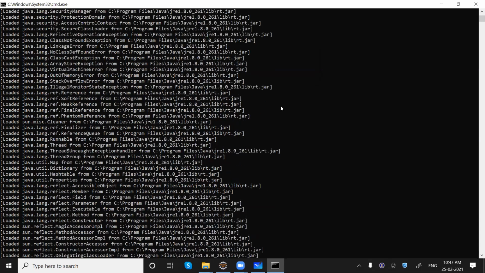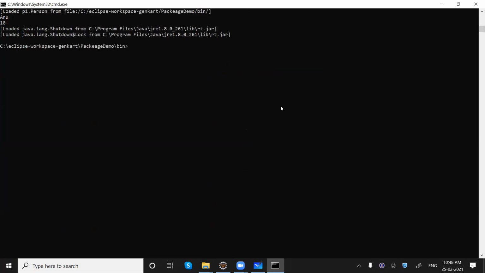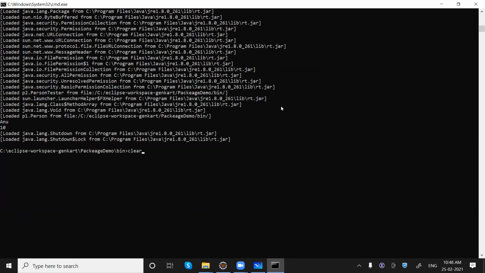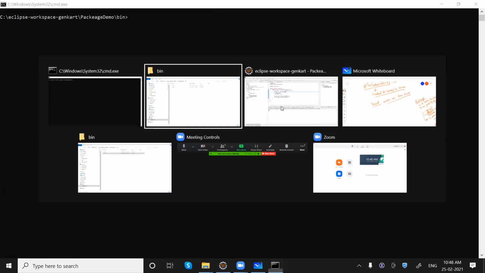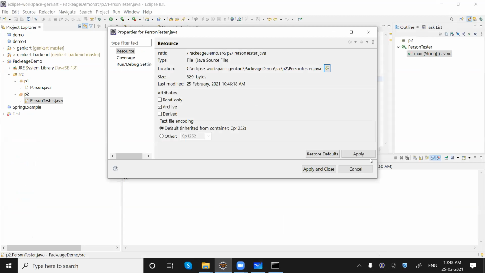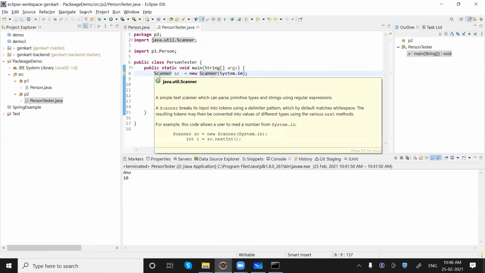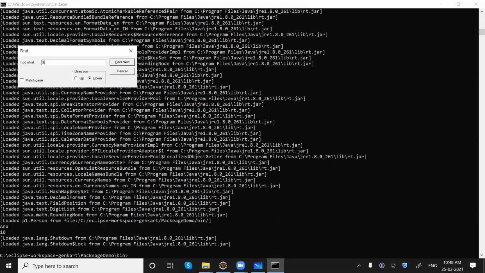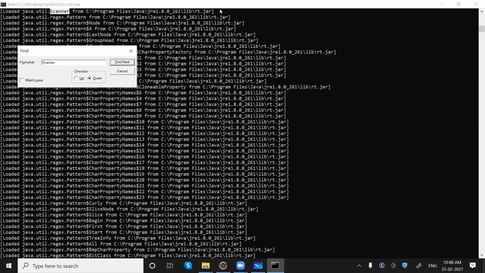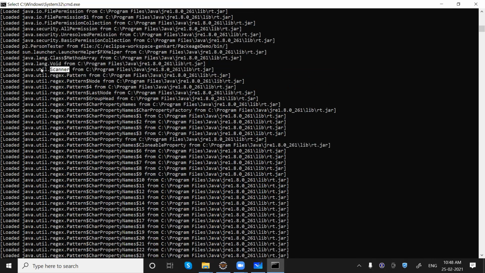Right now, if I clear it once, and I will do one more thing, I will create an object for this class. Now if I run it again, and look for it again, you can see that particular class has been loaded. Getting my point? So that is called dynamic loading.